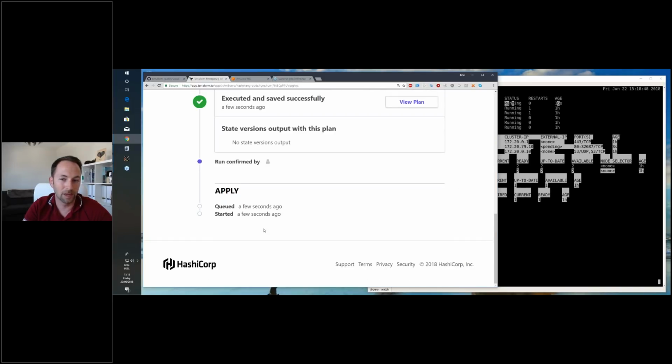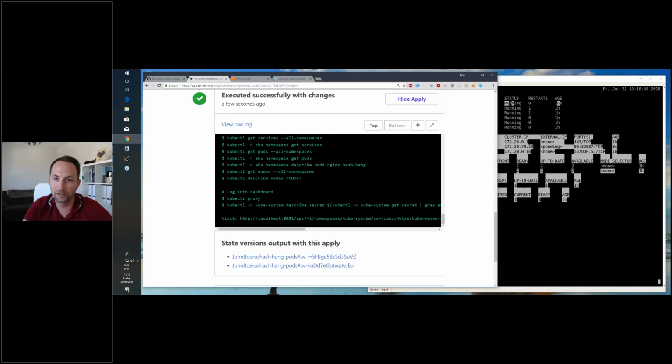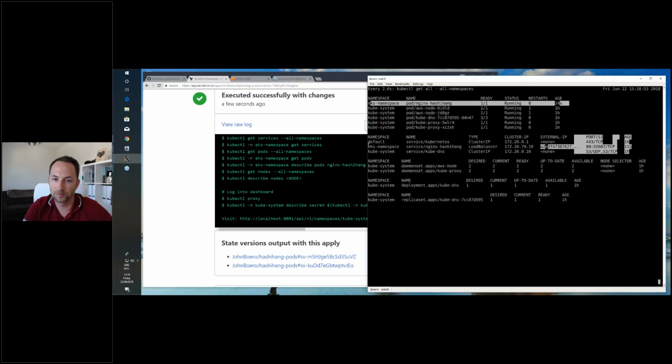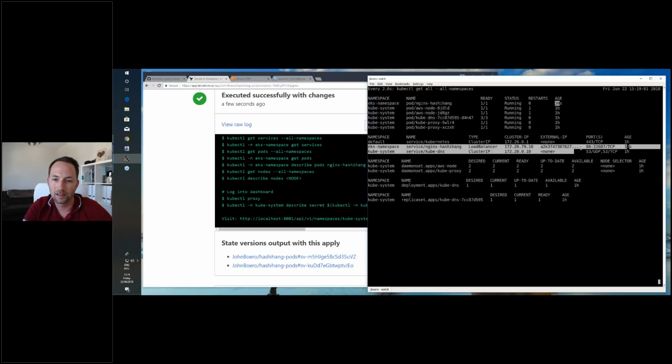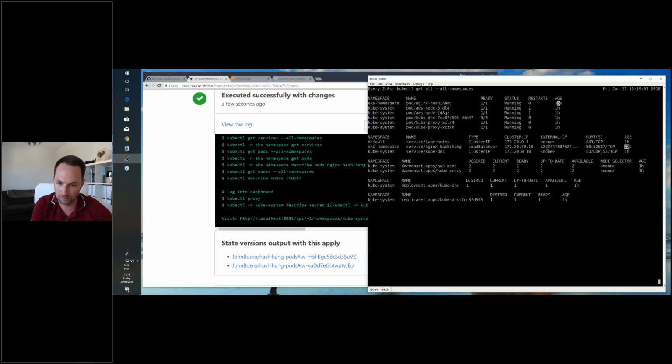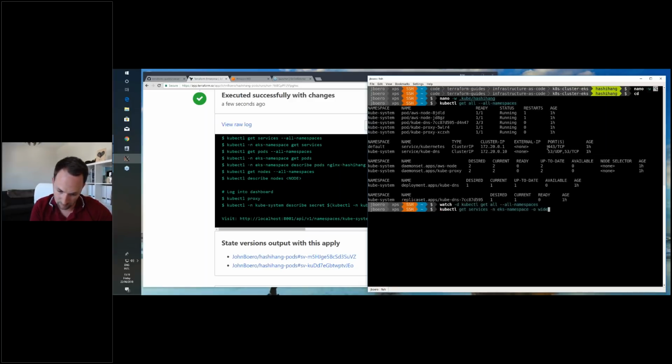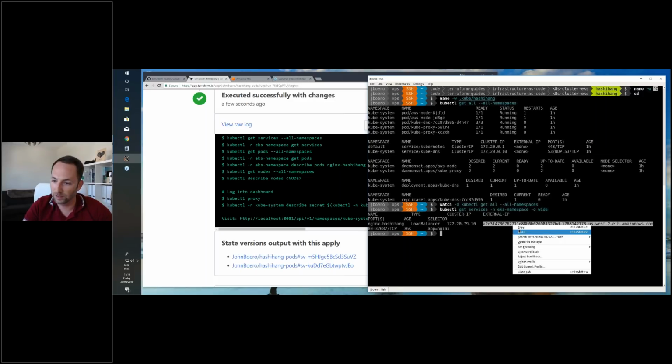Right. And there's my output. You can see in the background, I've got a new namespace. I've got a load balancer that I created. I've got a service, and I've got something I can actually reach if I do this, right? And this is where, if anybody starts visiting this, in fact, rather than copy and paste it, I